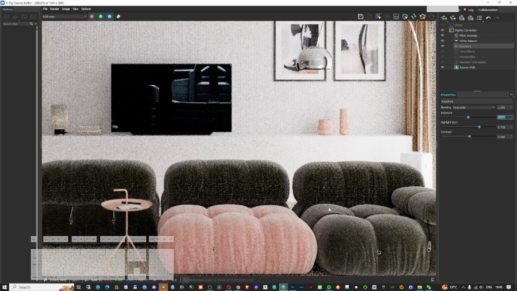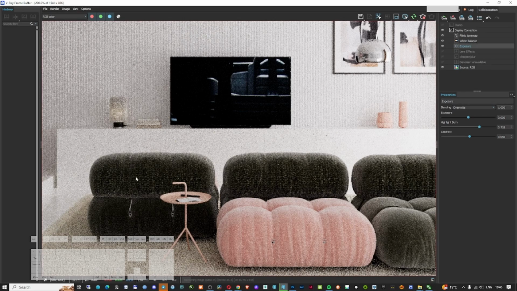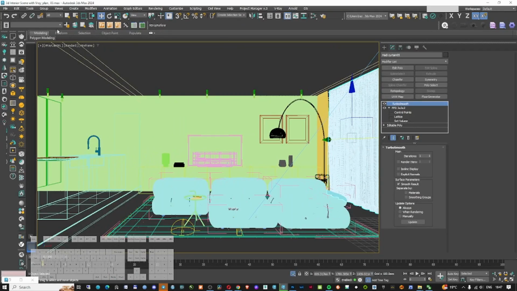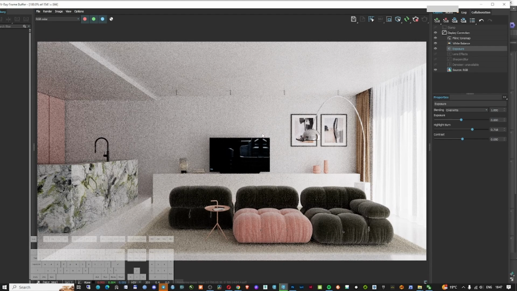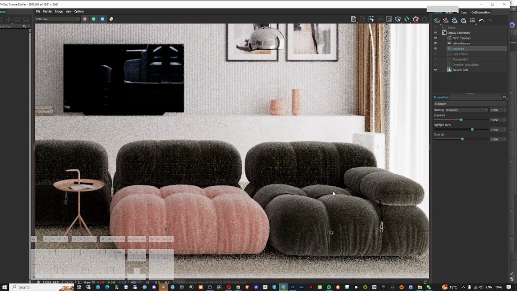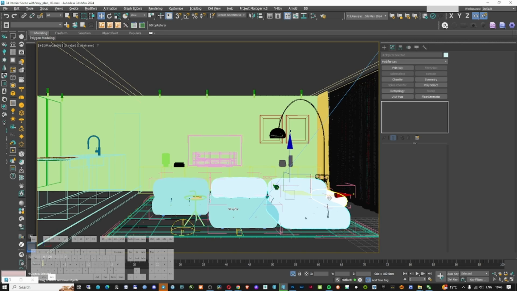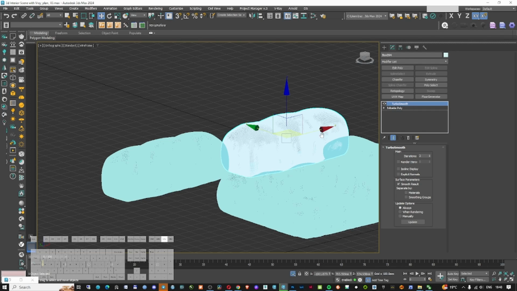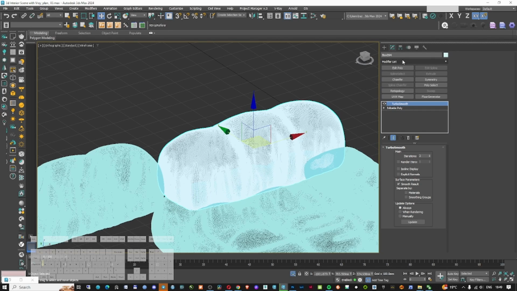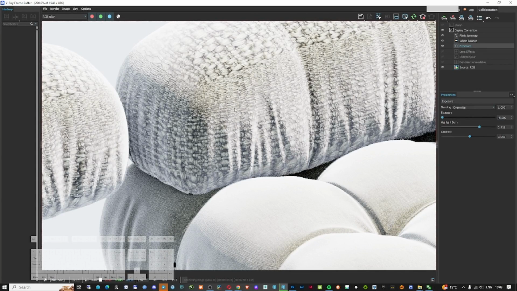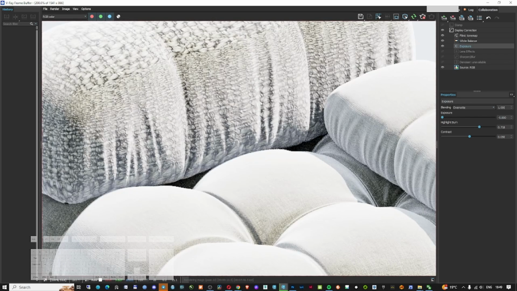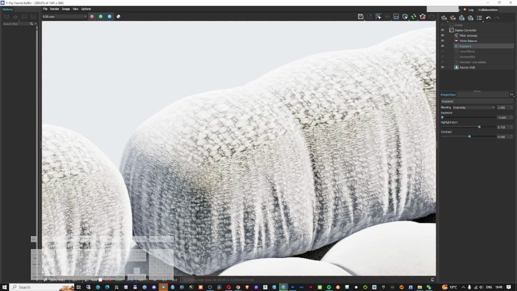So this is an initial render. As you can see, there is something strange happening here. Let's play a little bit with the exposure of the camera. Yeah, there is one thing that I don't really like. It's too much black here in the middle, and these two don't look the same size. Because they have different textures, this is the problem. As you can see, this is the right size and this is not the right size. To make these two the same, and also the way it was mapped, it's just